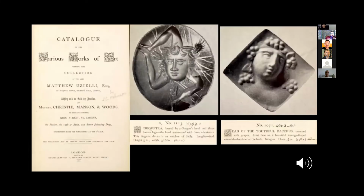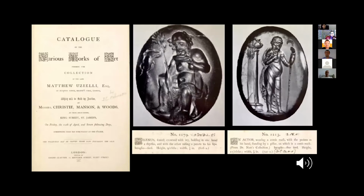Returning to the Uzielli sale, some of the Ionides gems Boardman published more than 50 years ago are clearly the same, as can be corroborated by the detailed descriptions, such as this combination Gorgonean Triskelles and lozenge-shaped emerald Dionysus. Likewise, this Silenus with a thyrsus drinking from a phiale,